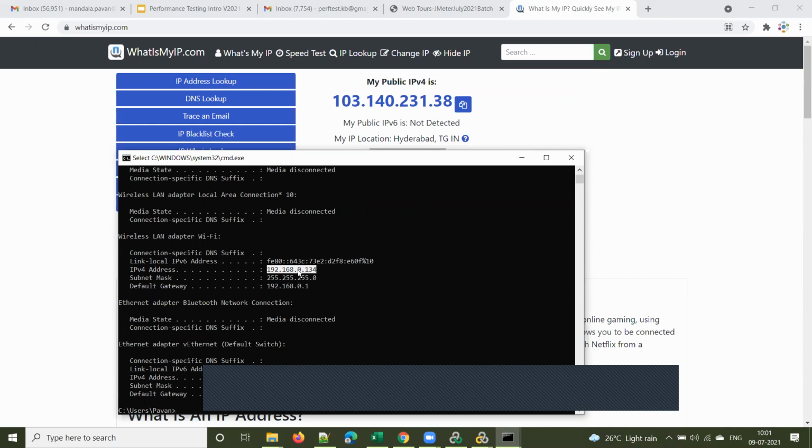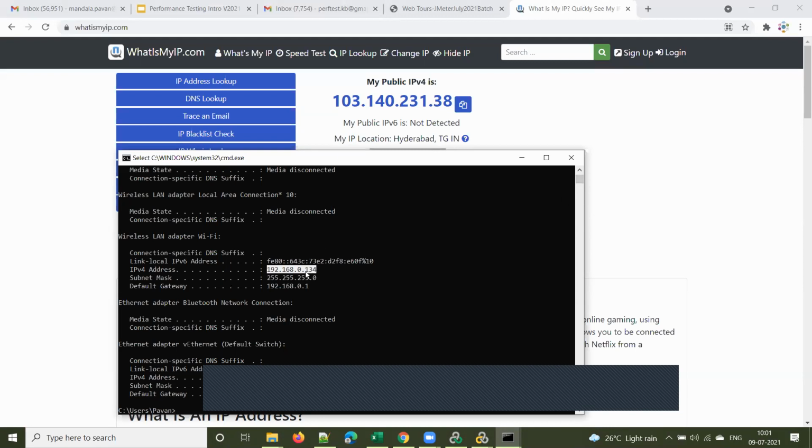If I connect my laptops to my internet connection, Wi-Fi, then to identify each device there will be a private IP. This laptop's private IP is 134. I have another laptop, and that will have a different IP address. You got it? Yes, sir.